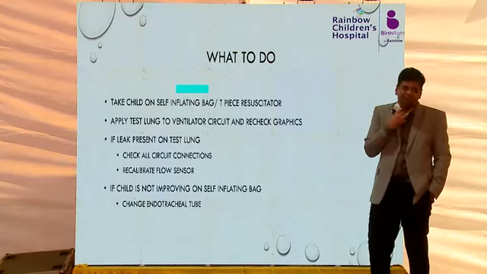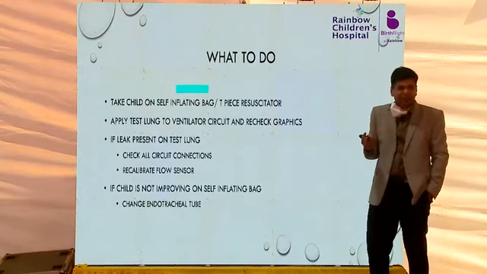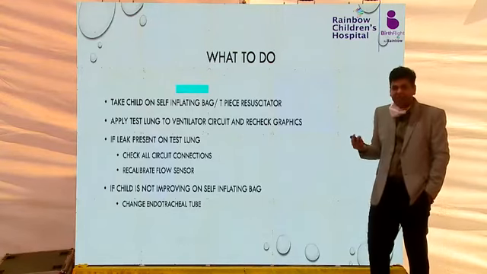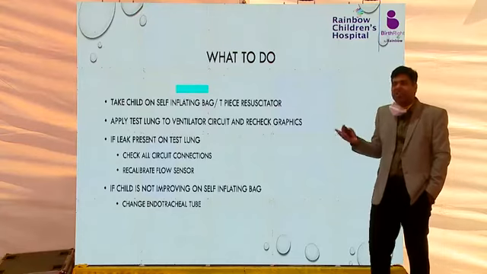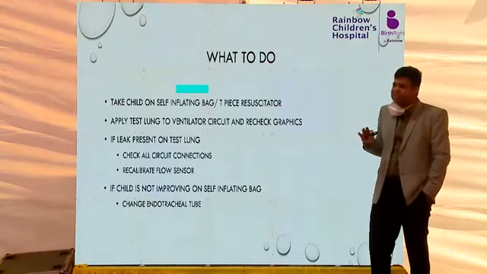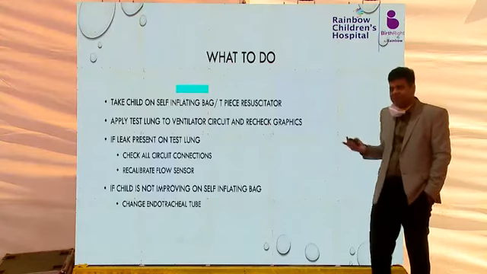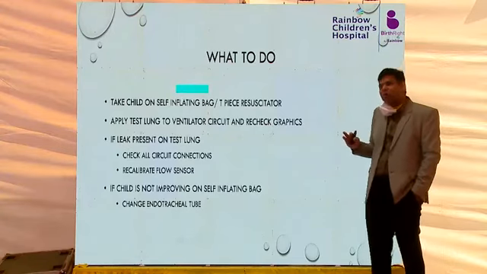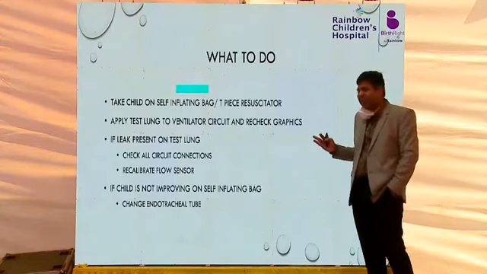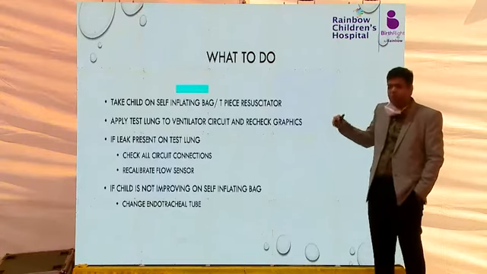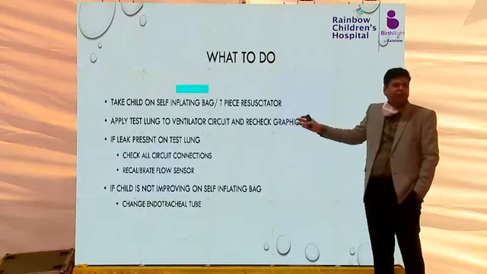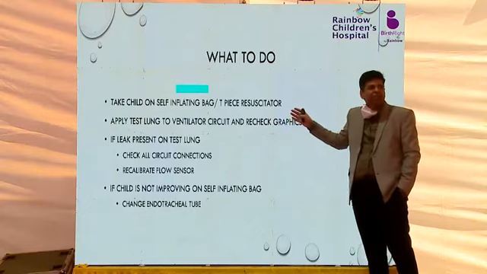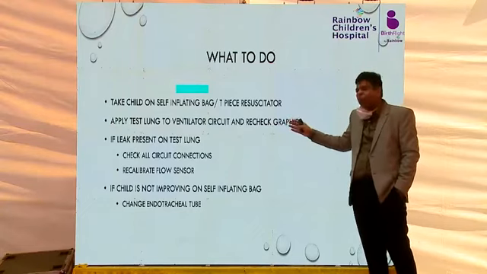that's a true leak. But sometimes the flow sensor is faulty, sometimes there is water in the circuit, and all these things can lead to the flow sensor, if it is faulty, calculating the leak as more. So on the safer side, before changing the tube, you should do this maneuver. If you find that on the test lung also the leak is that much only, then you should change the